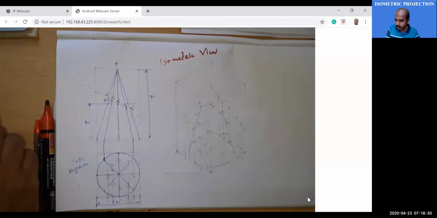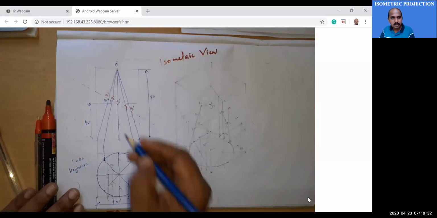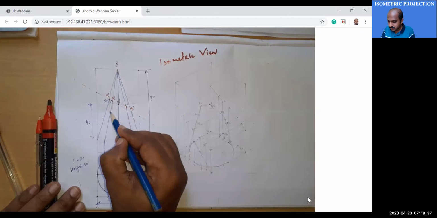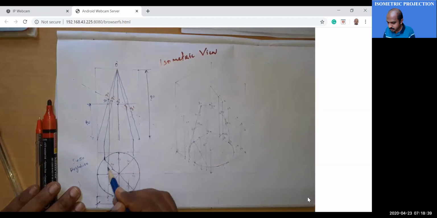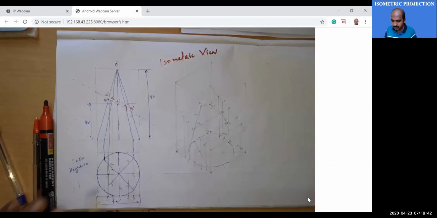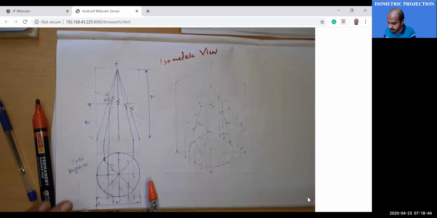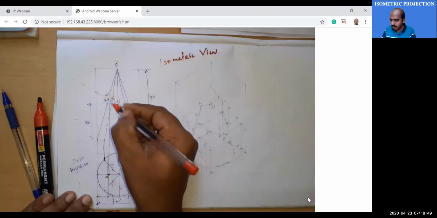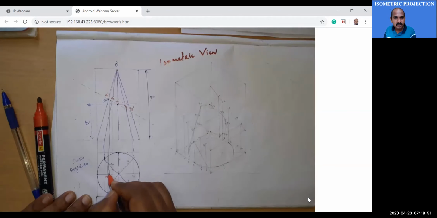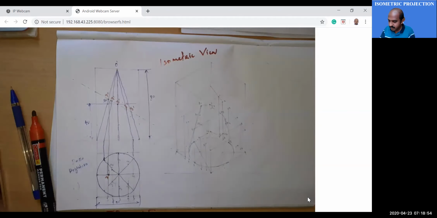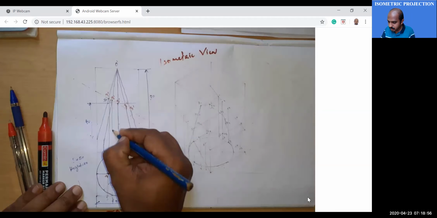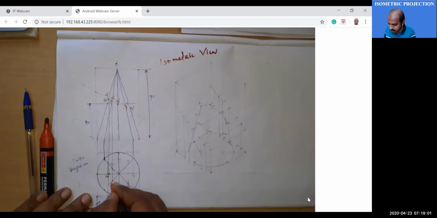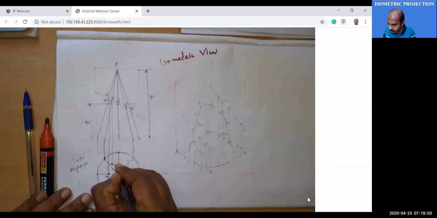From each of the cutting points we have located A1 dash. We locate A1 dash in the top view. So this is A1, the point corresponding to A1 dash in the top view. Similarly, from A2 dash, you drop a perpendicular. So you have two A2 points. This is one A2, and this is the other A2.